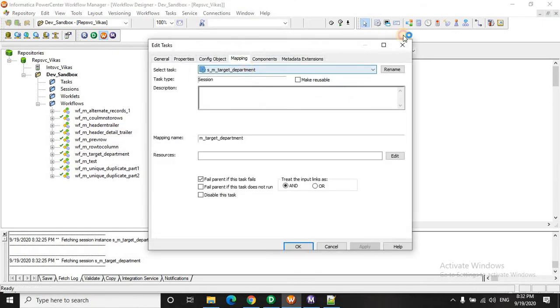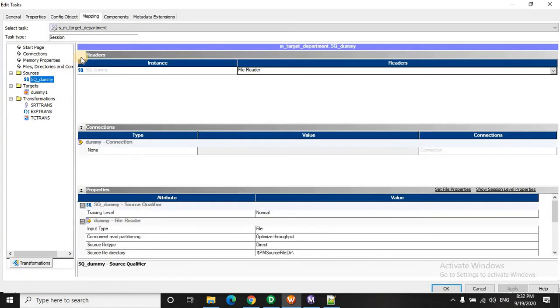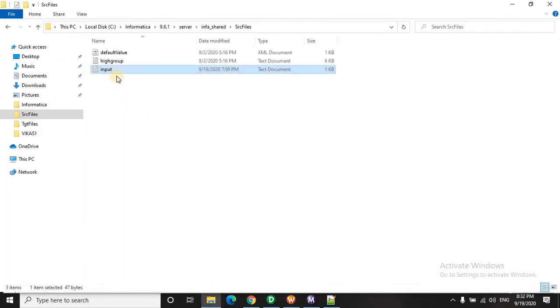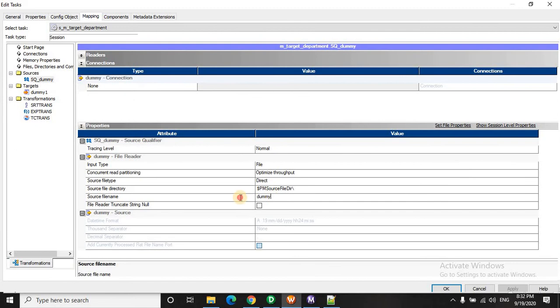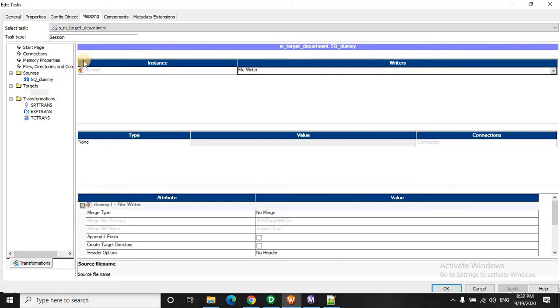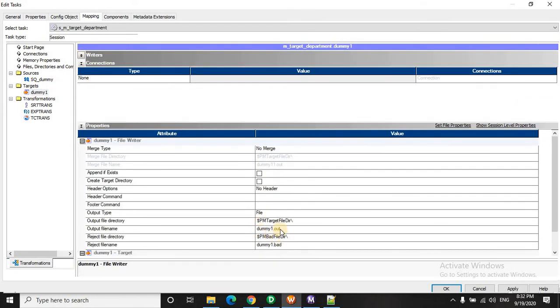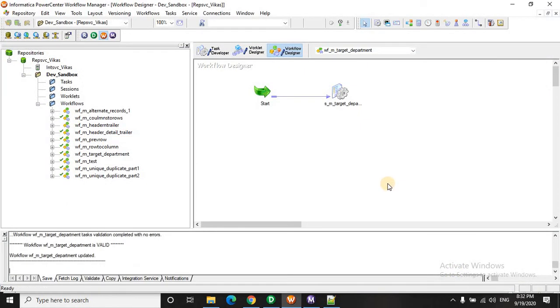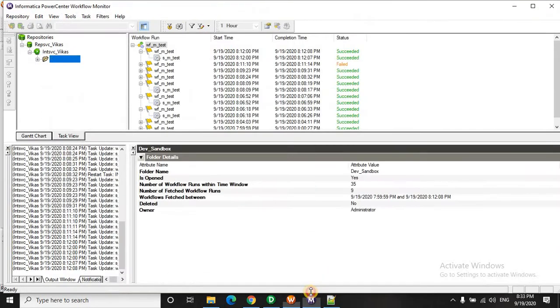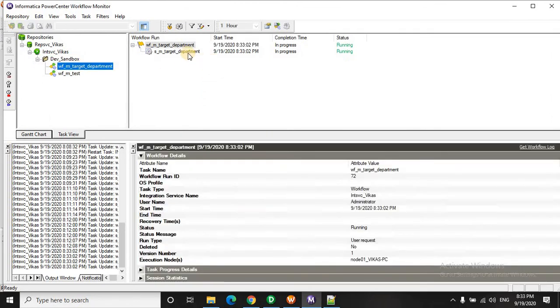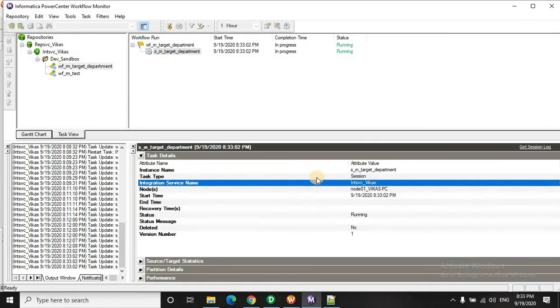Now we will give the input details in the source. So it's input.txt, and in the target, because the file names are being created from the file name which is passed in the expression, still I'm just giving the file name because it will create a dummy file, but let's see. And the files department wise will be created dynamically. Let's see.